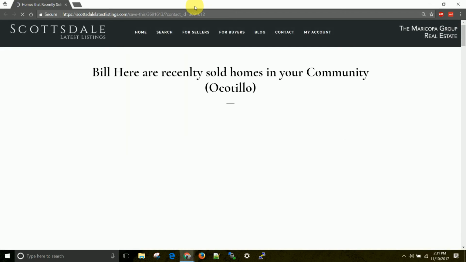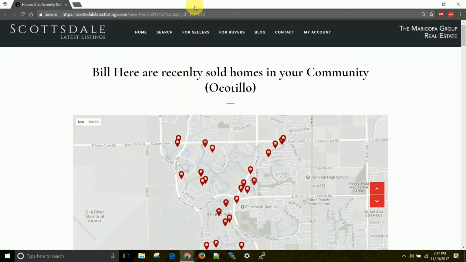One of the awesome things about this is that not only did we create an account for Bill, but we also created a contact record for Bill. We did that without doing anything, and then as soon as Bill clicks this link, it actually signs him in automatically. So if Bill goes over to my account,